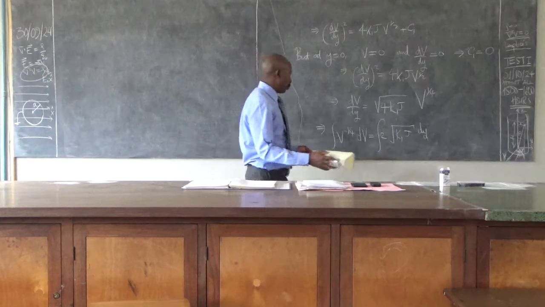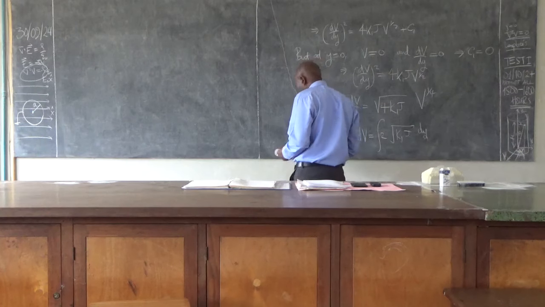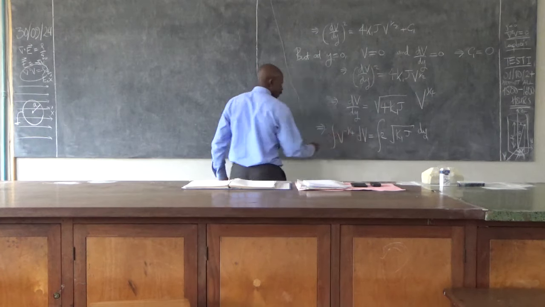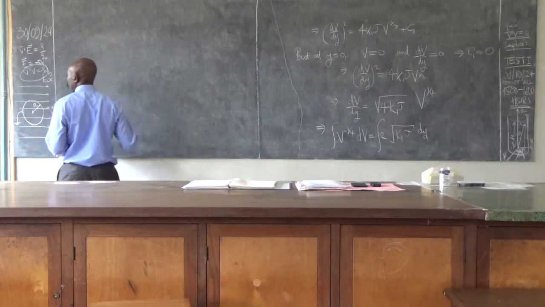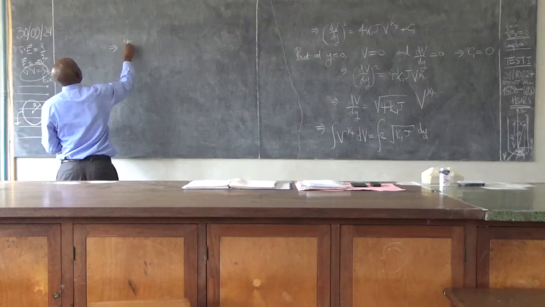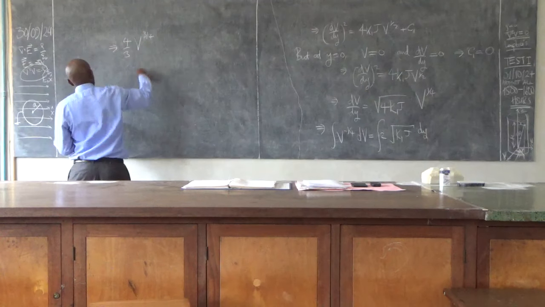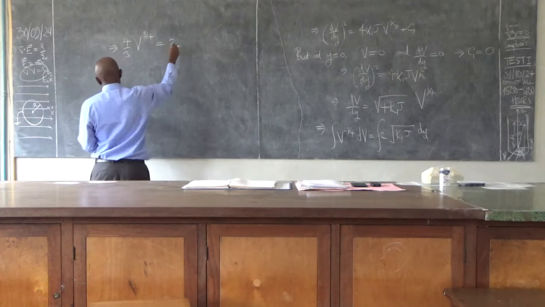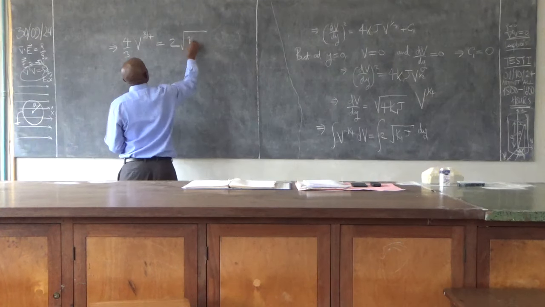So we get that this one will be plus 1, which is 3/4. So that would be 3/4 becomes 4/3. So this implies that we have 4/3 V^(3/4) equaling 2 root J k1